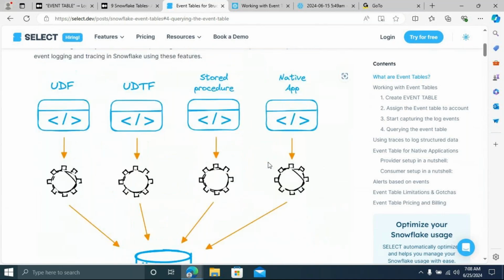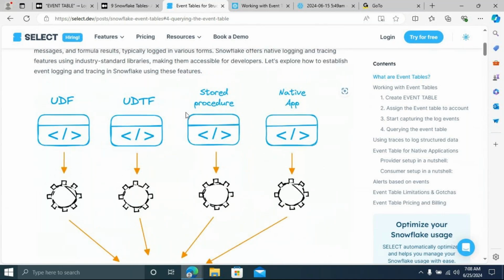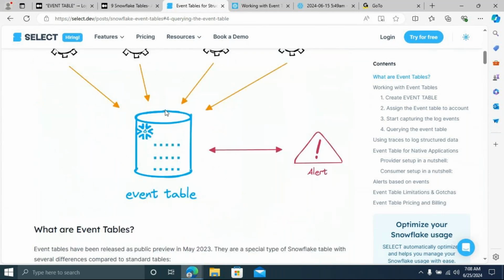Now, can you say, guys, what is the abbreviation of UDTF? User defined table function. What is UDF? User defined function. What is UDTF? User defined table function. I'm asking Sendamal, he's not answering my questions. The user defined table function. Keep in mind, we're going to see all these things.